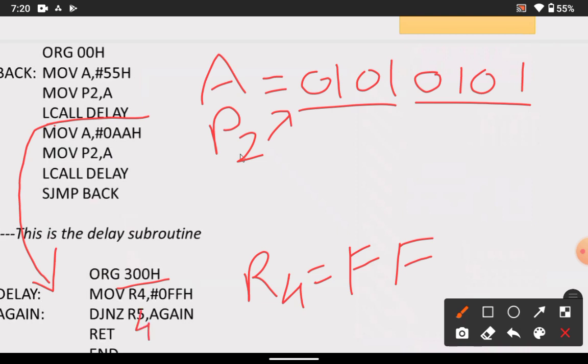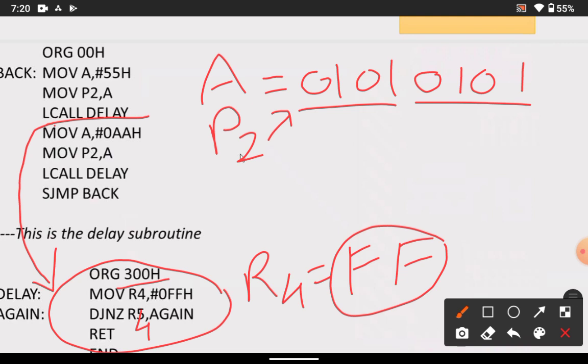So this particular loop is going to repeat FF times, creating the delay. Once R4 reaches 00 the loop ends, and with the return it will come back to the same memory location.